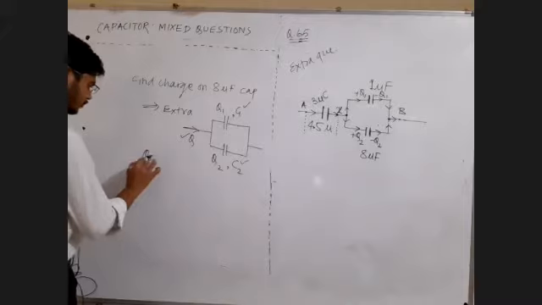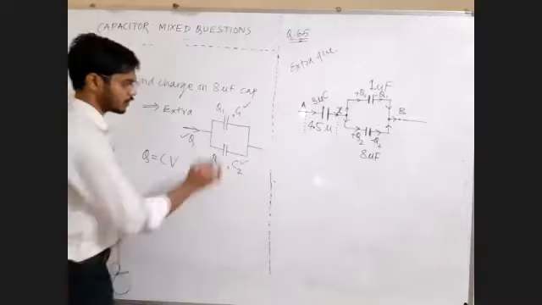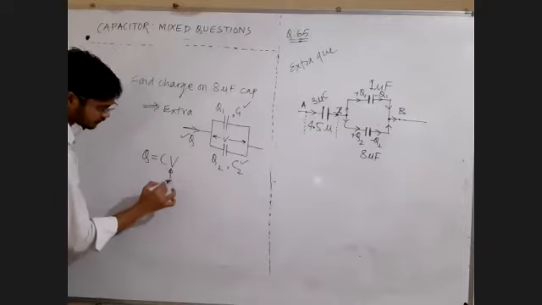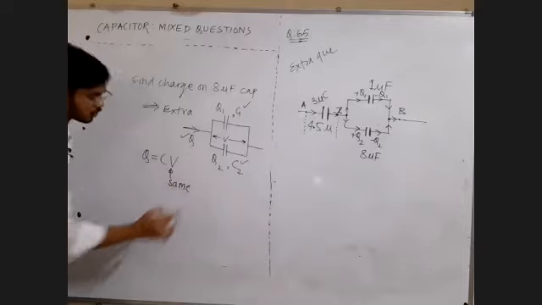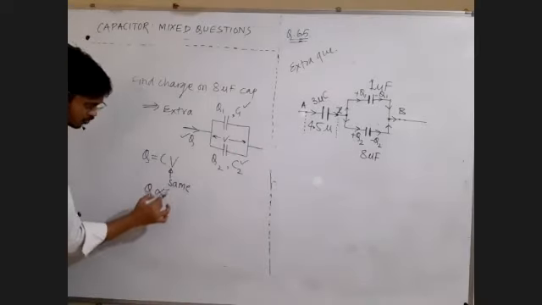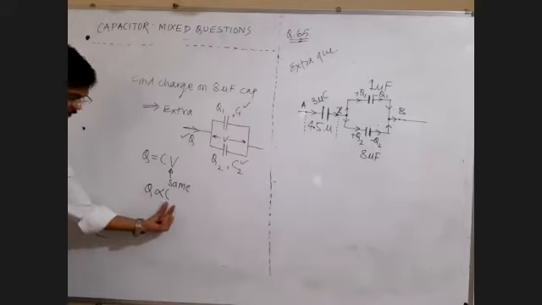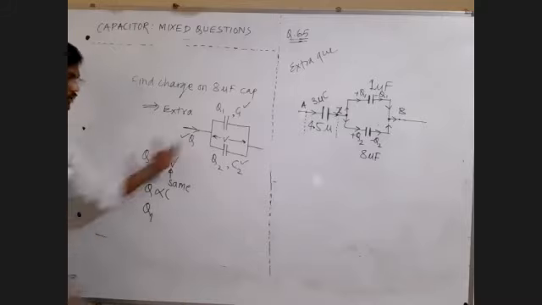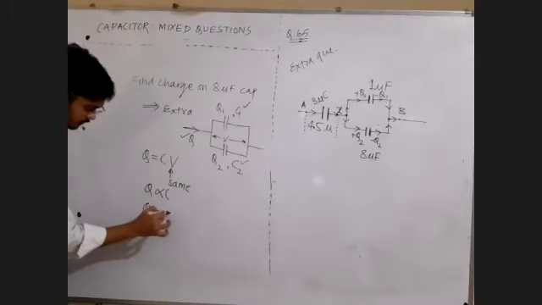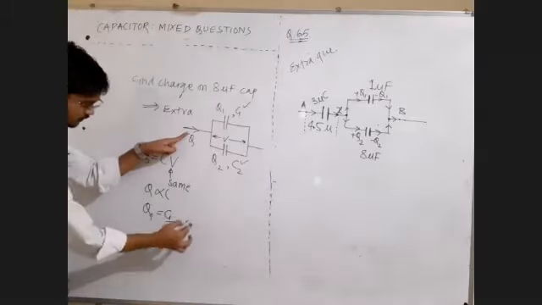Now you know Q is equal to CV. But for the parallel combination, potential difference is always going to be the same. So V is the same. For a parallel combination, V is going to be the same. So there people say Q is proportional to C. So it is going to be the capacity fraction. So the charge in my branch is equal to the capacity fraction of my branch: C1 upon C1 plus C2, this fraction of the total charge.